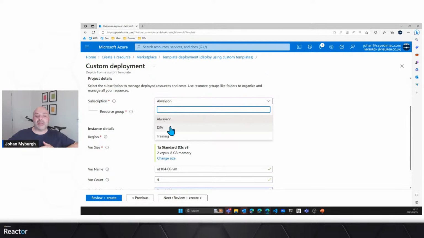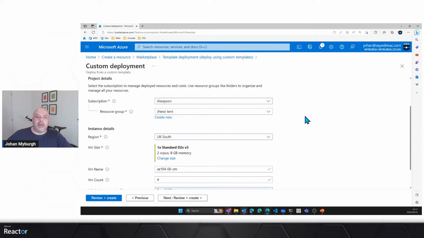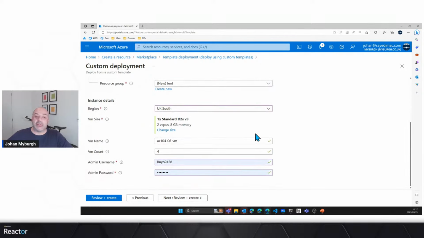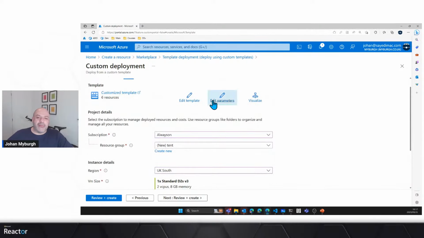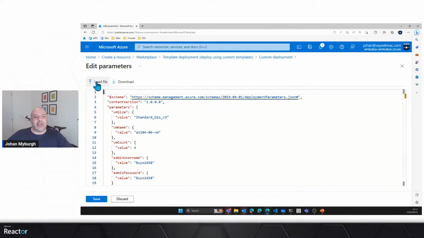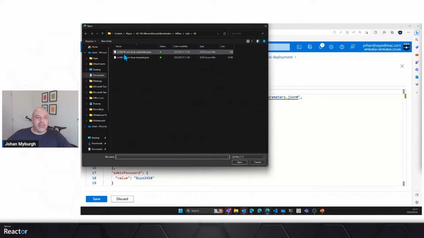The resource manager template was very quick there, on its high horse going, sorry, this is not happening. So it's a good example of that. You will notice here that we've come up with a kind of a bogus username and password here. I didn't type that in. It wasn't there. But if I click on edit parameters and click on load file here, then you'll notice that